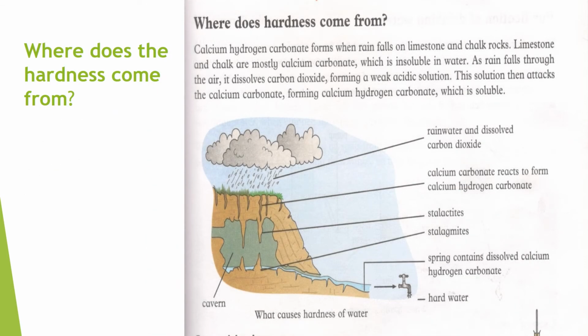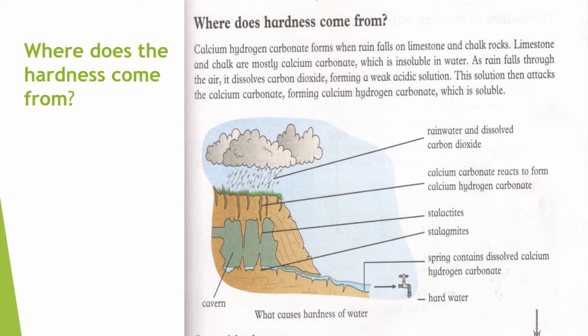The next question is, where does the hardness come from in the water? Hardness, as you have already learned, is due to the presence of calcium hydrogen carbonate. The question is, from where does the hydrogen get added to the calcium carbonate in the rainwater? When the rain falls on the limestone and chalk